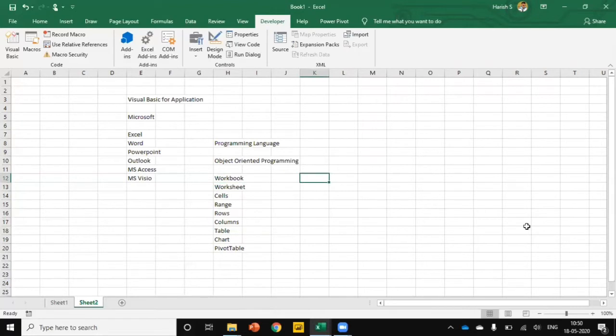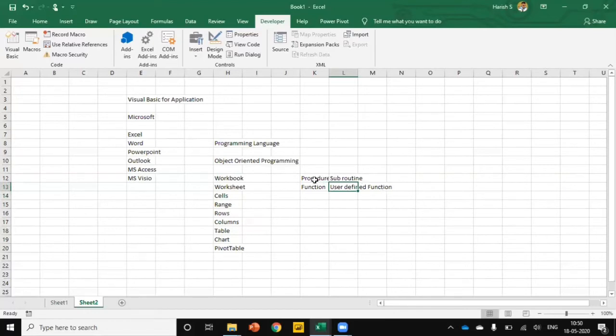And there are two types of coding available. One is procedure and another one is function. A procedure can also be called a subroutine. A function can also be called a user defined function.